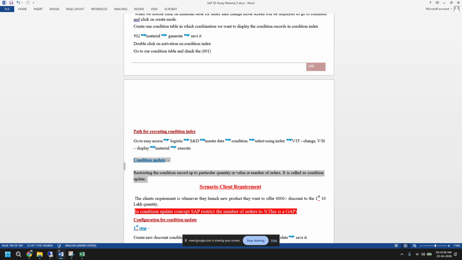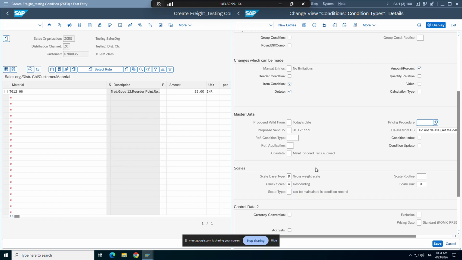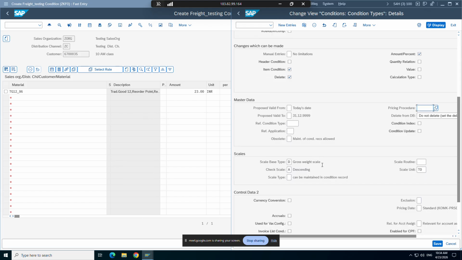Condition update, okay? What is condition update? See this condition update. What do you understand by condition update actually? Let's say in some cases you must have seen, the company says